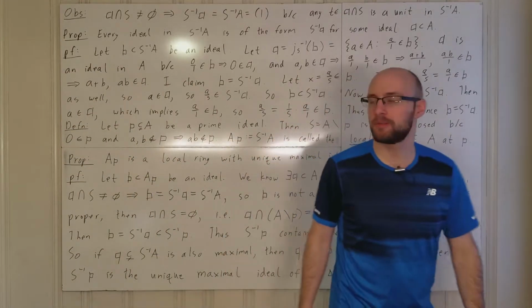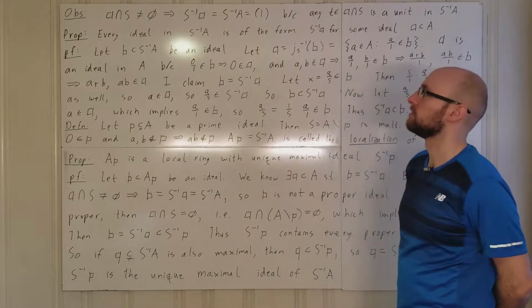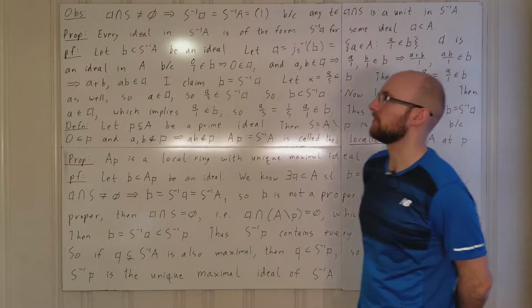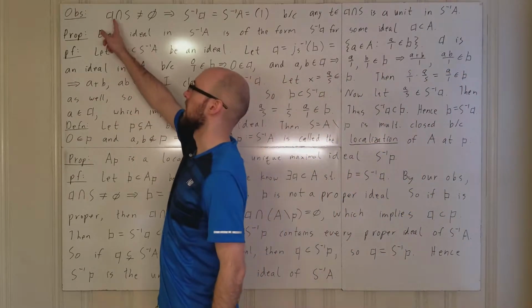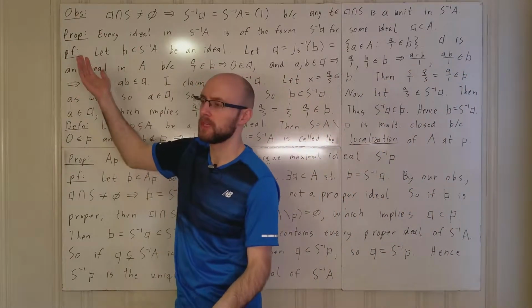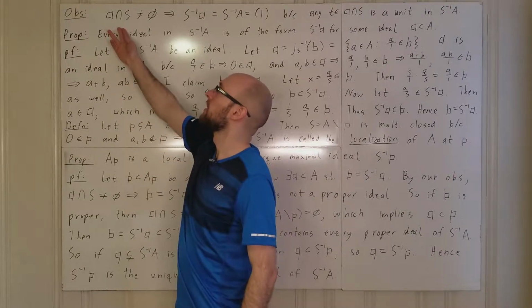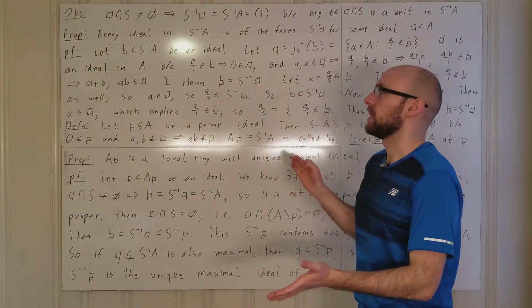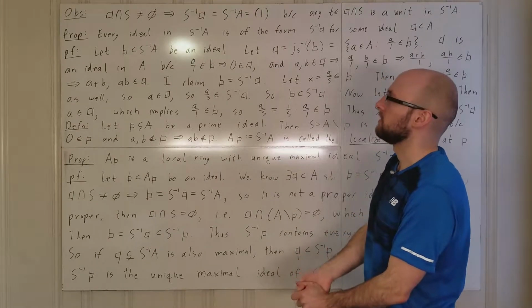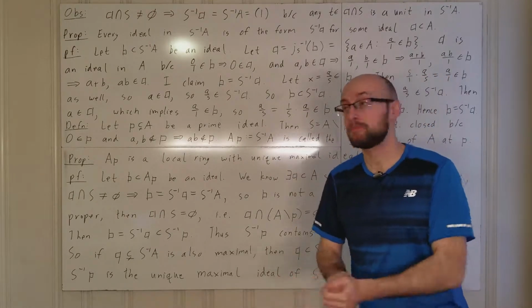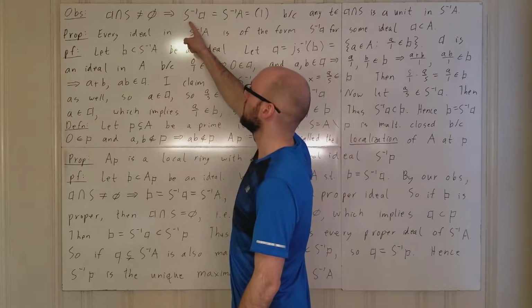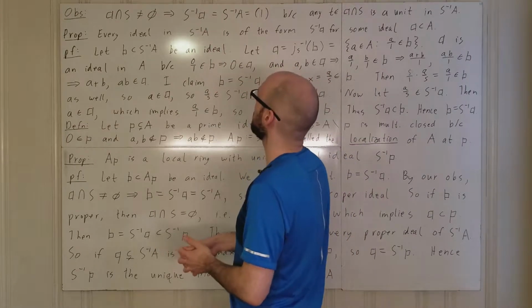All right, let's talk about localization. So, the first thing we're going to do is observe that if we have an ideal fancy A in our ring capital A, and suppose that its intersection with a multiplicatively closed set S is not empty, then it turns out that considering S inverse fancy A,